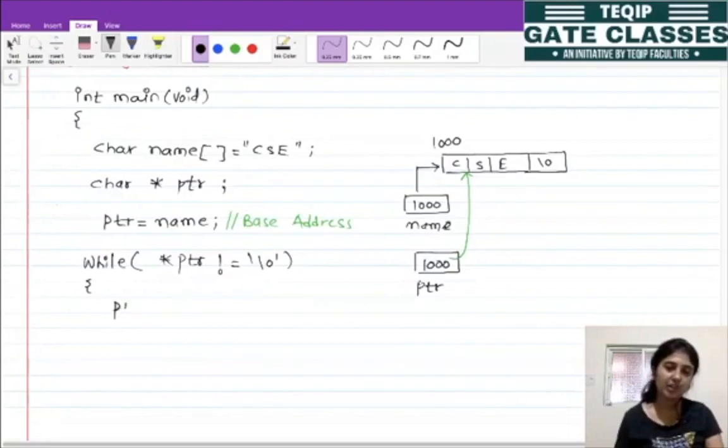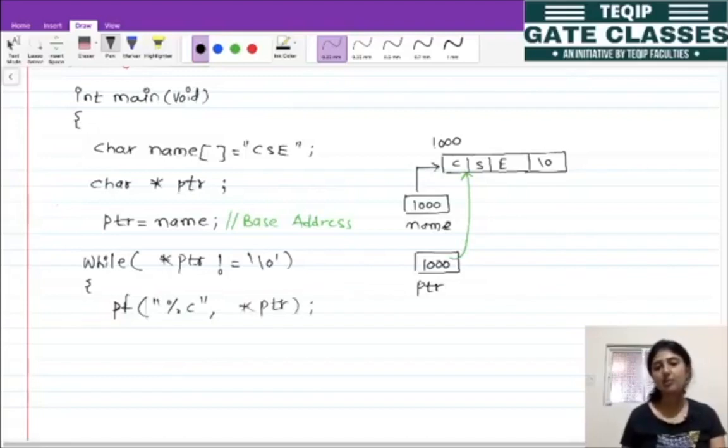Let's say this is a printf and this is %c for one character, then this is star PTR. Why star PTR? Because this is a pointer, so this star indicates the value at that location. If I only write PTR, it will print the address.